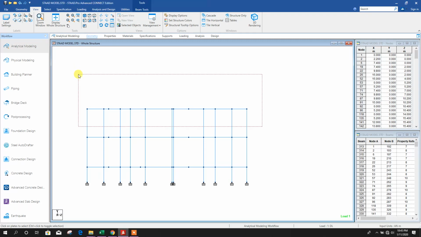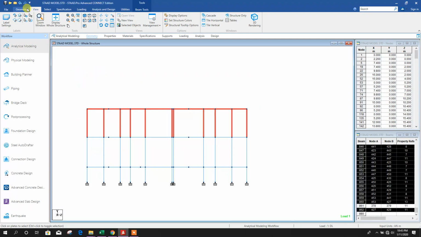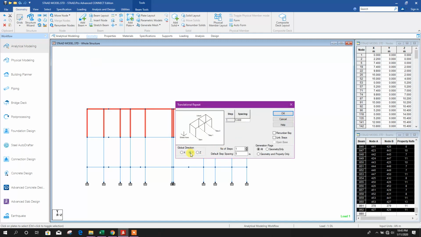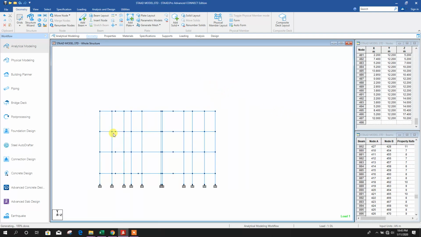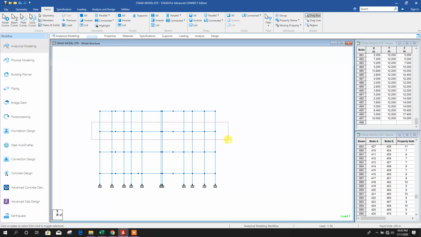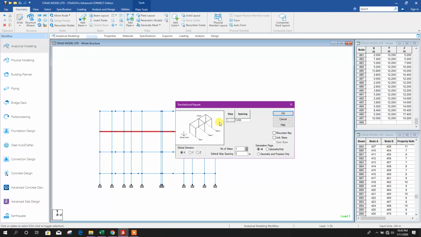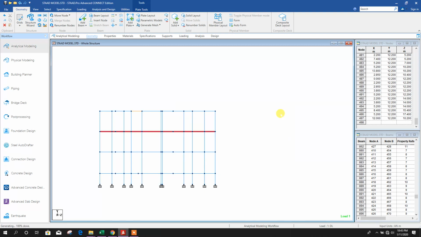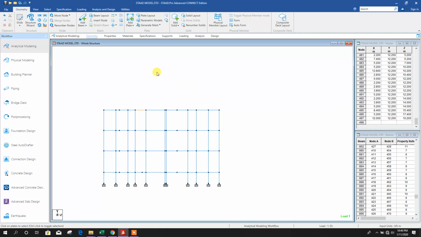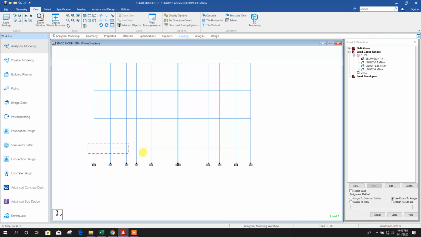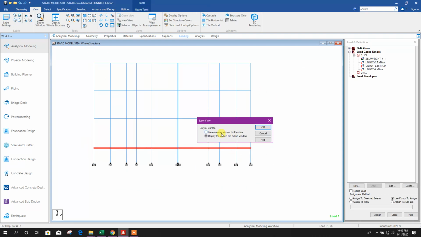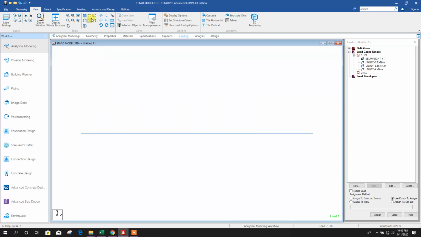This side we'll select all these elements again, replicate, y direction 3.4, click on OK, and select plate from here, replicate, y direction 3.4 meter, click on OK. Now save this model, go to loading. So select 10 beam levels, right click, new view, click on OK,